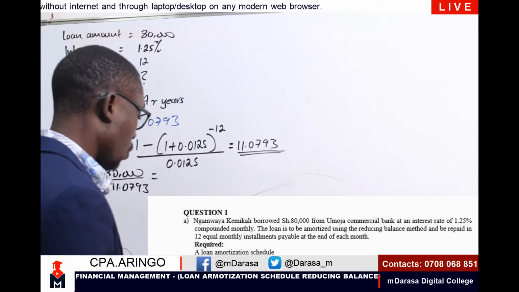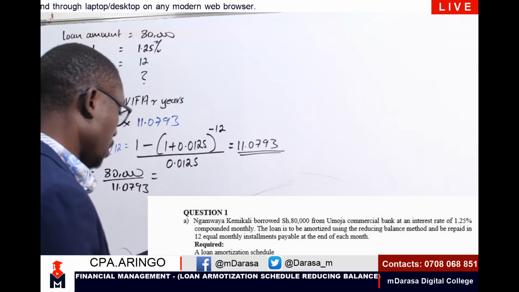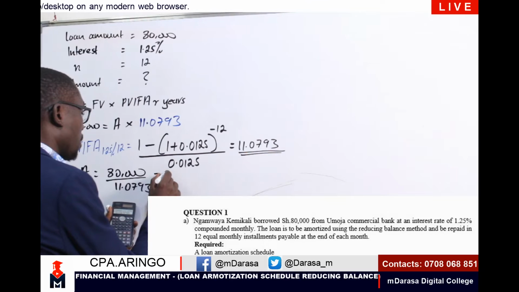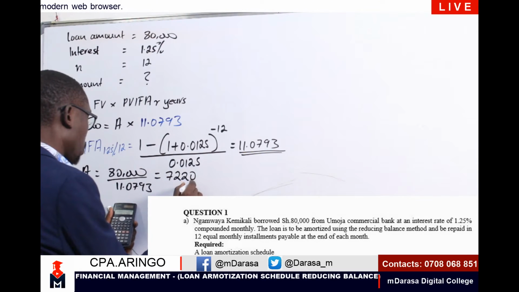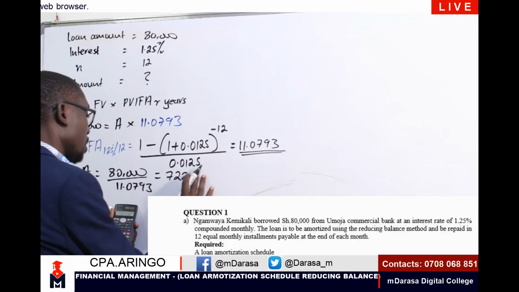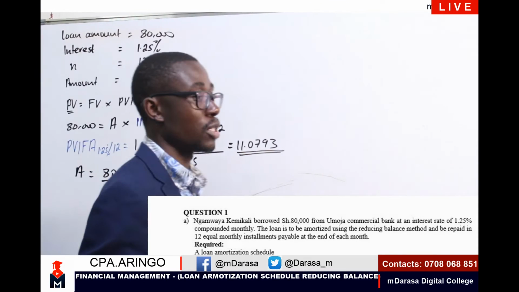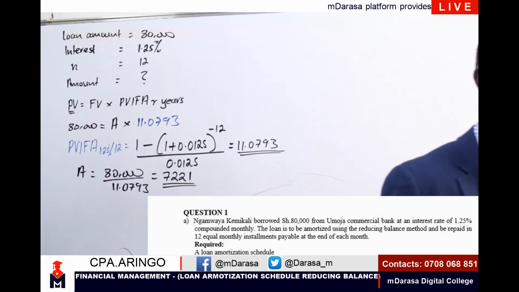80,000, I'm going to divide by 11.0793, which in this case will give us how much? I'm getting 7,220.67. So I can take 7,221. This is the figure that Mwalimu is establishing as the installment that we'll be paying periodically. Periodic payment, I'll be having the